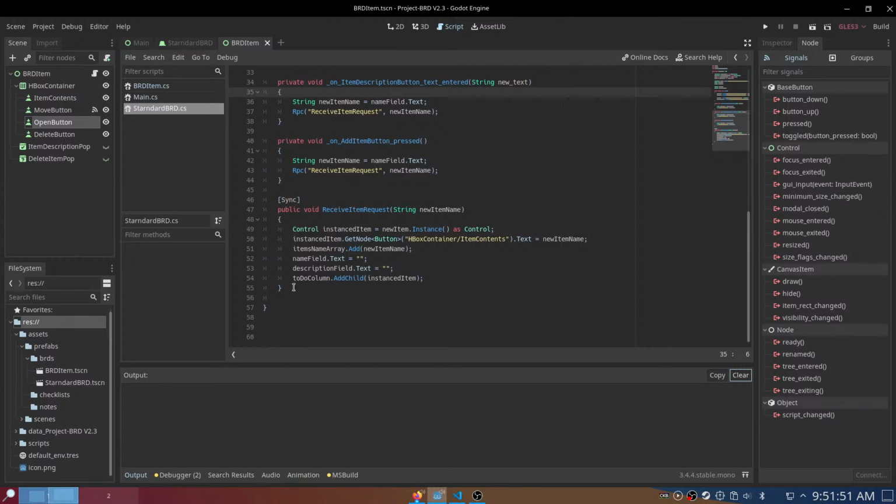I think I'm going to have to. Instanced item. Can I just say instanced item dot instanced item dot connect receive move request